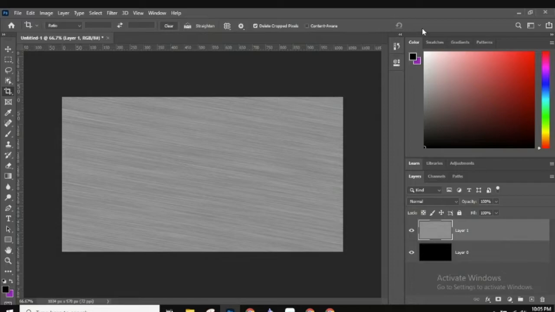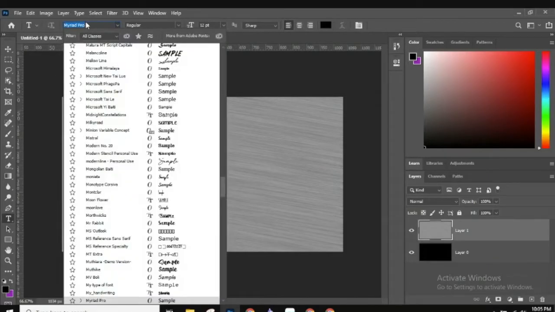Okay. Next, we're going to use the type tool from the tools panel, or we could just use the T shortcut on the keyboard. So you just hit T and it selects it. With the type tool selected, choose your font from the options bar along the top of the screen. For best results with this effect, use a font with thick letters. I'm going to use Arial Black. So I'm going to select Arial Black